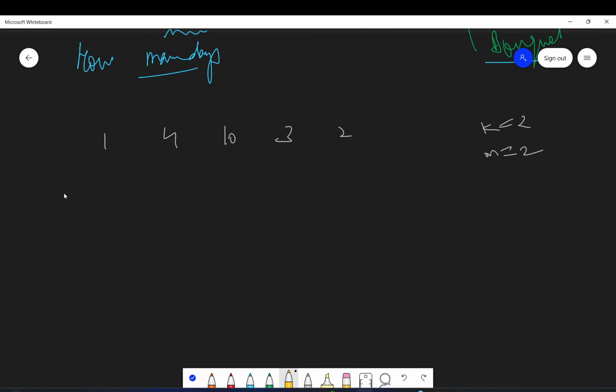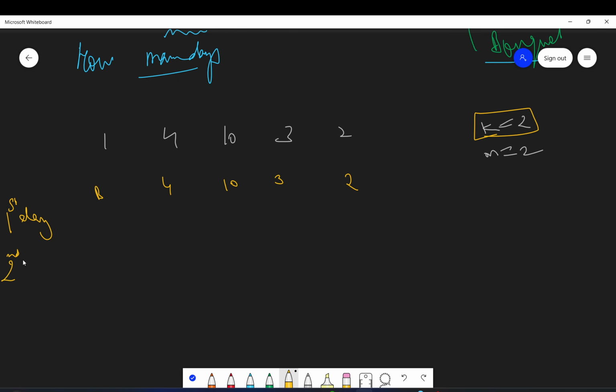So let's say on the first day this will bloom. I will just mark it as B. Then 4, 10, 3, 2. In order to make a bouquet, we need two adjacent flowers. So as of now, no bouquet can be made.